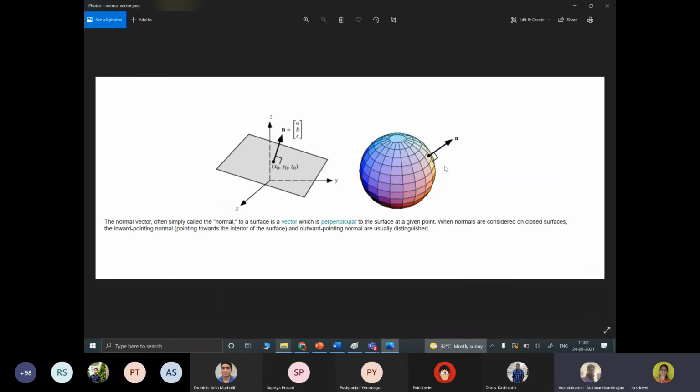So you can see the object. It's a 3D wireframed object, a sphere with a 3D wireframe specified.